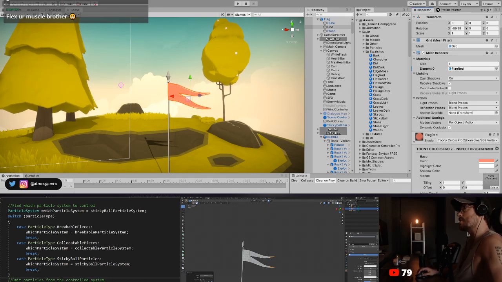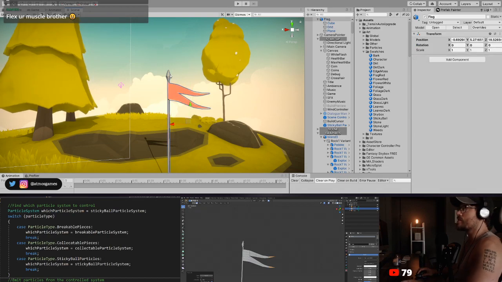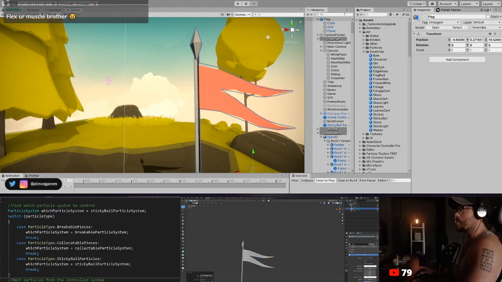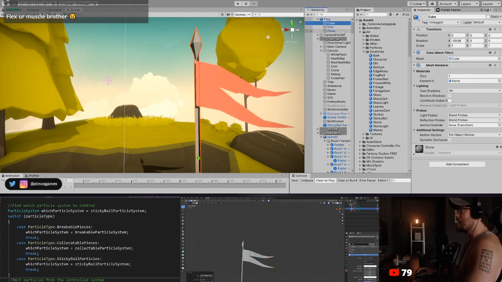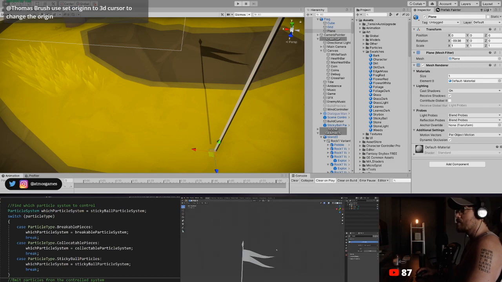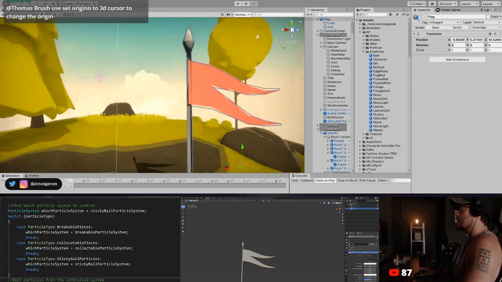That's okay. It happens. We're going to keep it though because we're eventually going to want to use this flag. What's this grid? There's a plane down there. We're eventually going to want to use this flag is what I'm trying to say. And we're going to make this shade smooth and this also shade smooth. There we go. Okay. Sweet. And finally,